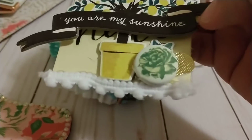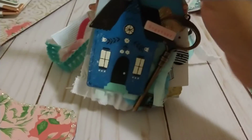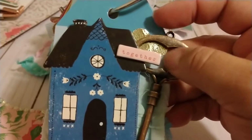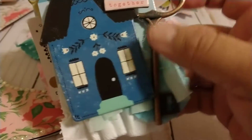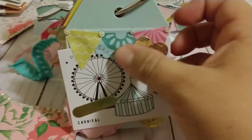I just went to town. I added ribbon and buttons, etc. Use this little house. Put those little hearts. I forgot what this fabric's name is. Lame. I forget. I don't know. Don't quote me on it. You put some rosettes on here, ribbon, a key to the house. I use those little flags from the collection,